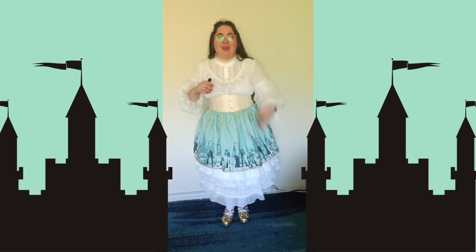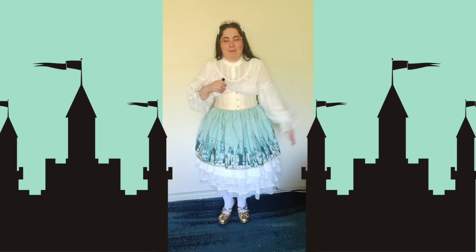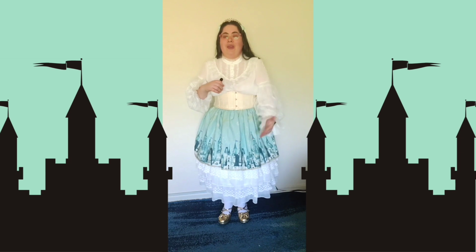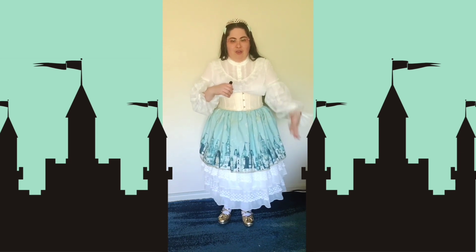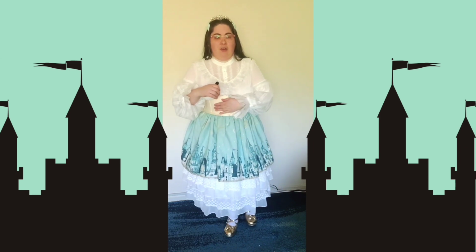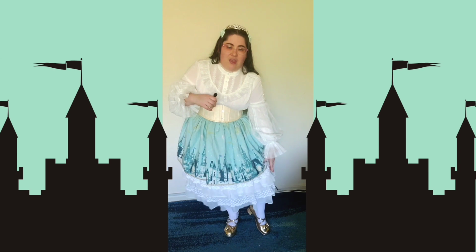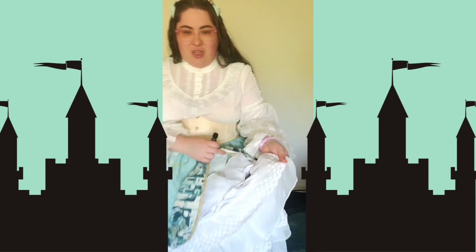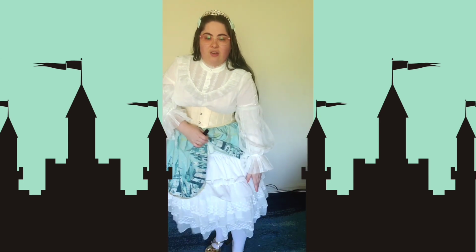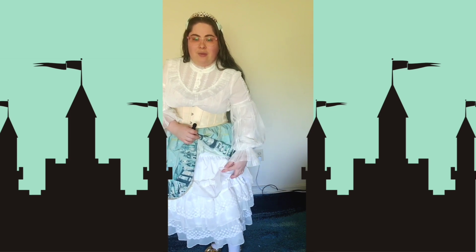Anyway, so my last tip / trick for coordinating meta skirts is to get an underskirt. I love my Long Ear Sharp Ears underskirts that I have. They are full elastic waist with a drawstring if you need to cinch them in place. And my favorite part about it is, let me see, there's actually a set of snaps. So you can have just the underskirt, which is this first layer here, and it be like a simpler